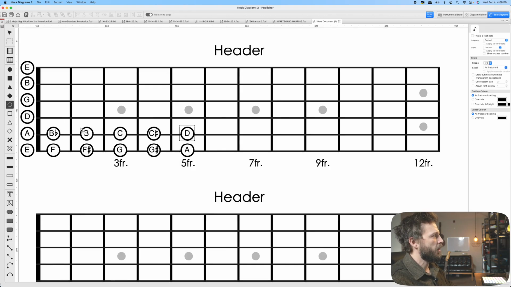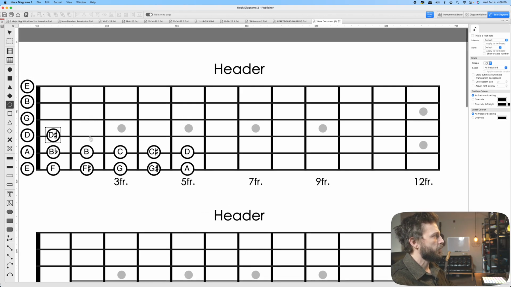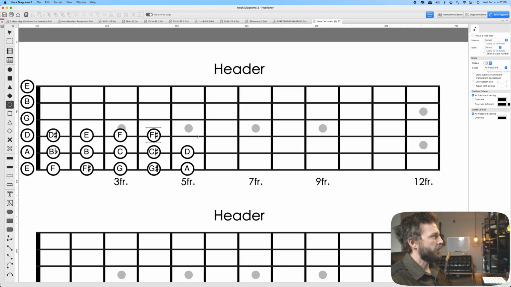We can do the same thing from D. D, D sharp, E, F, F sharp, G on the 5th fret is the same as the open 3rd string. From G, the open 3rd string, we go G sharp, A, B flat or A sharp, and then B is the 4th fret. And here's a great demonstration of the difference in the tuning of the 3rd to the 2nd